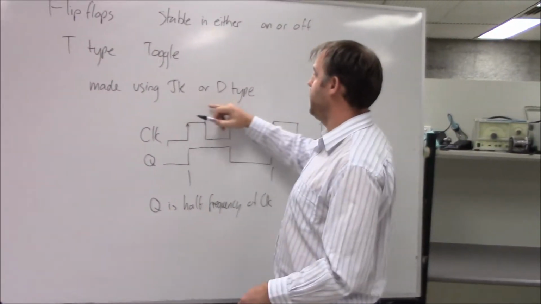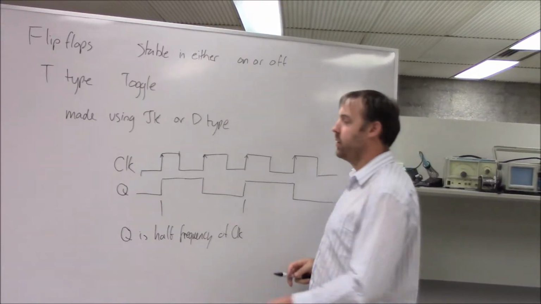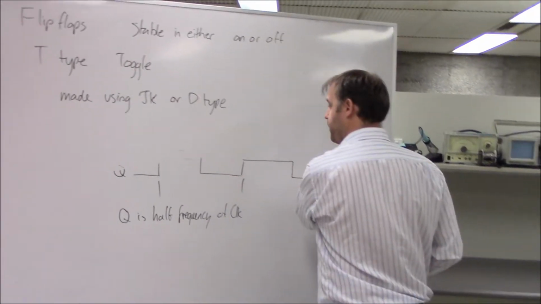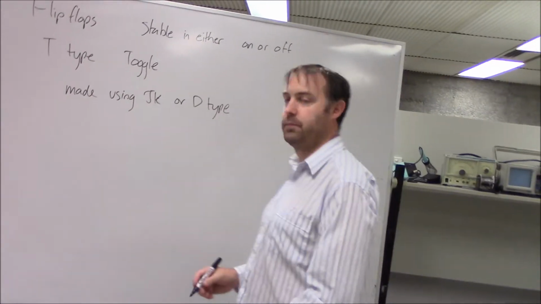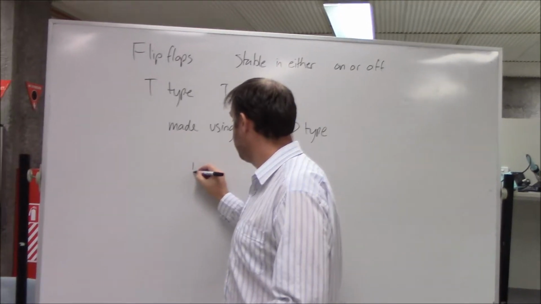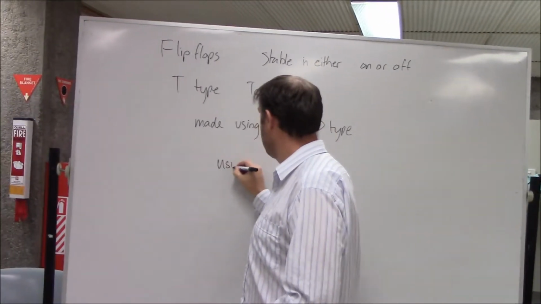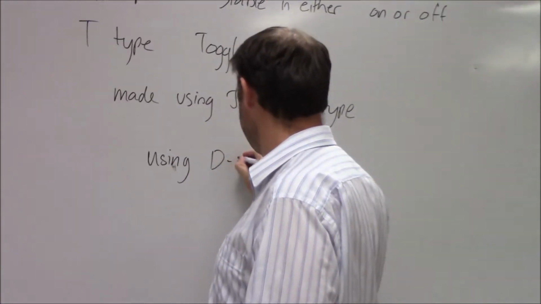So a JK flip-flop is simple, you just wire the J and the K to high and it becomes toggle mode. For a D-type flip-flop, you've got to do something a little bit different. So there are 2 ways we can make a T-type. So for D-types,